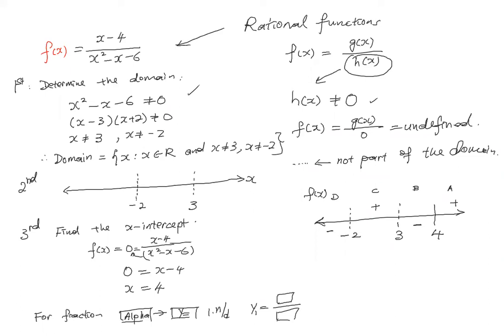From the sign diagram here, if I have a value of x that cannot be taken, when I draw the graph, I will have two vertical lines whereby the graph will not cut through these two vertical lines. This one, we call the vertical line, the equation is x equal to something, correct? x equal to -2 and x equal to 3 are the vertical asymptotes